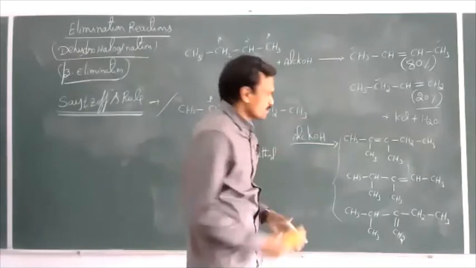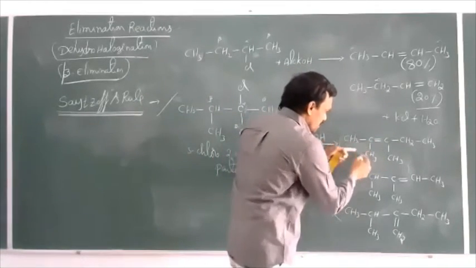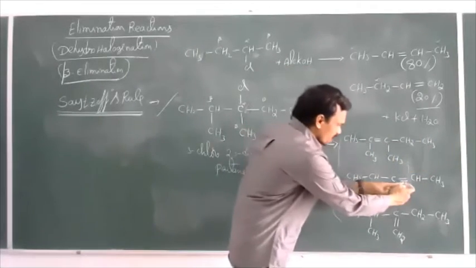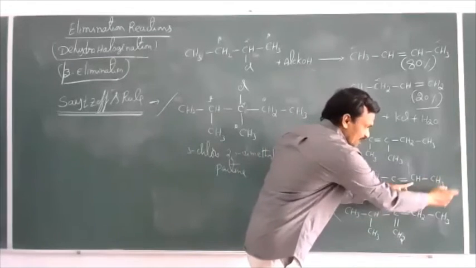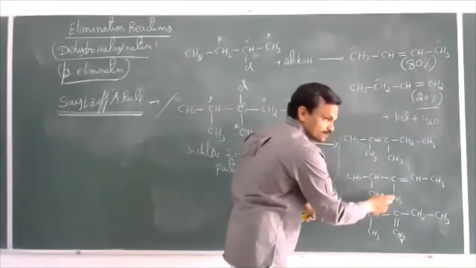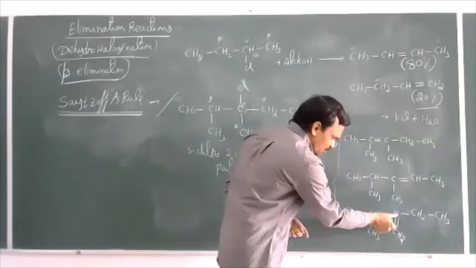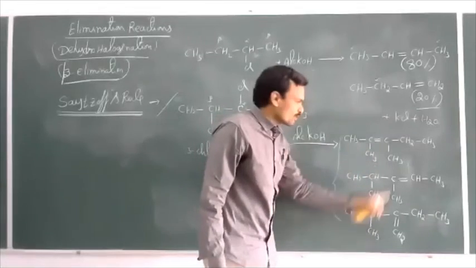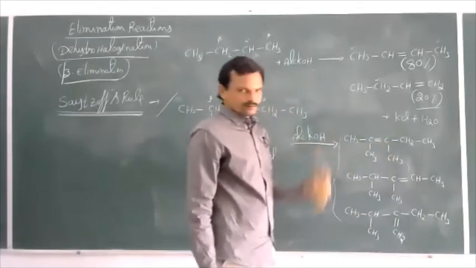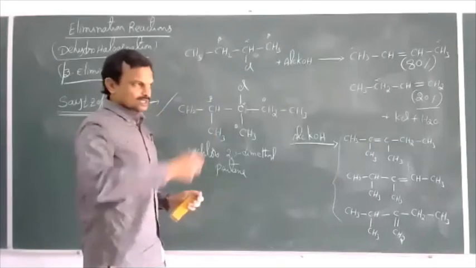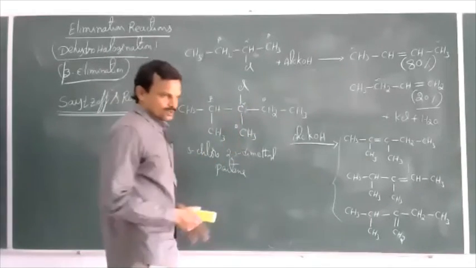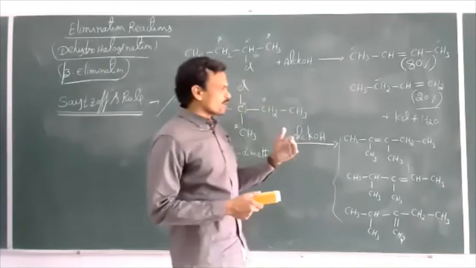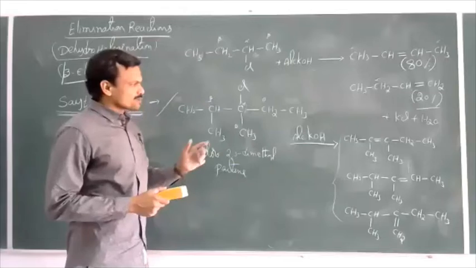Here substitution is more. This double bonded carbon contains 2 alkyl groups, here 2 alkyl groups. This double bonded carbon contains only 1 alkyl group, whereas here 2 alkyl groups, total 3 alkyl groups. Here the double bonded carbons contain only 2 alkyl groups. 4, 3, 2. This is the more substituted alkene. This is one method. Otherwise, just count the number of alpha hydrogens. Where you get more alpha hydrogens, that has more hyperconjugated structures, so it is more stable.